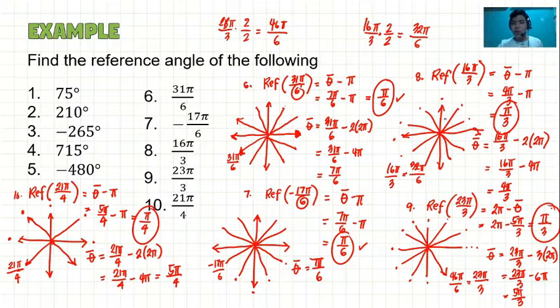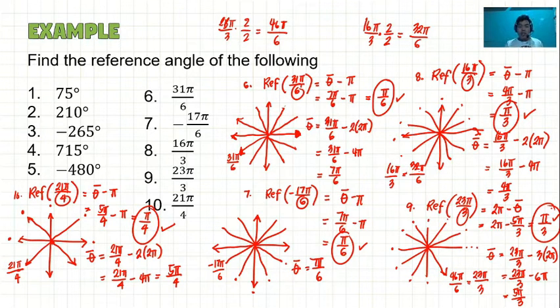Now look at this one, over 3. If over 3, its reference angle is pi over 3. You got that. Next, for over 4, its reference angle is pi over 4. So, if the angle is in radian measure, just look at the denominator, and put pi on the numerator, and that will be your